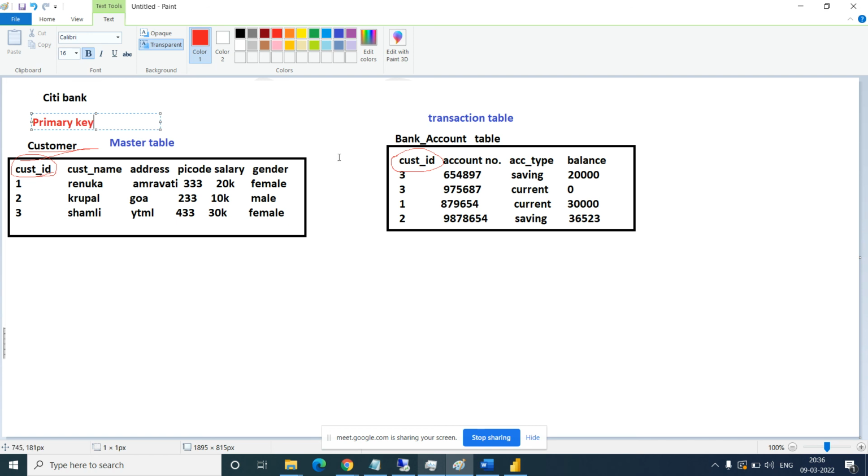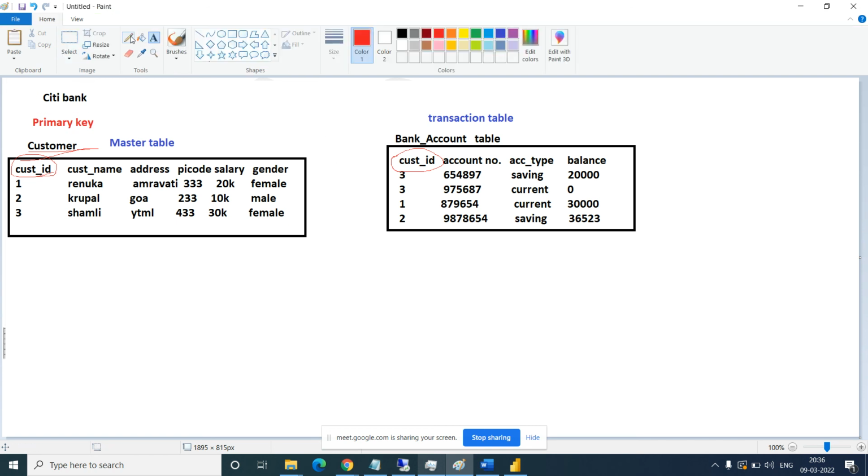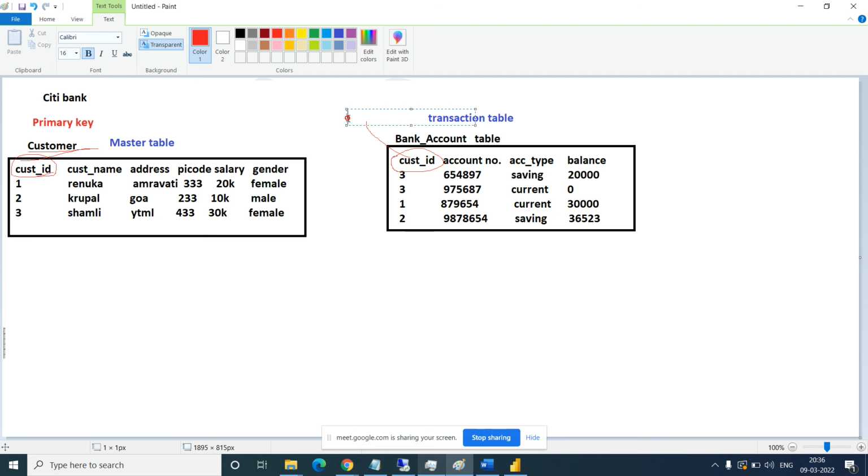And this customer ID will be the foreign key. Why is it foreign? Because of the duplicate values. Okay, so that is called an F key. Foreign key, and this is the primary key.